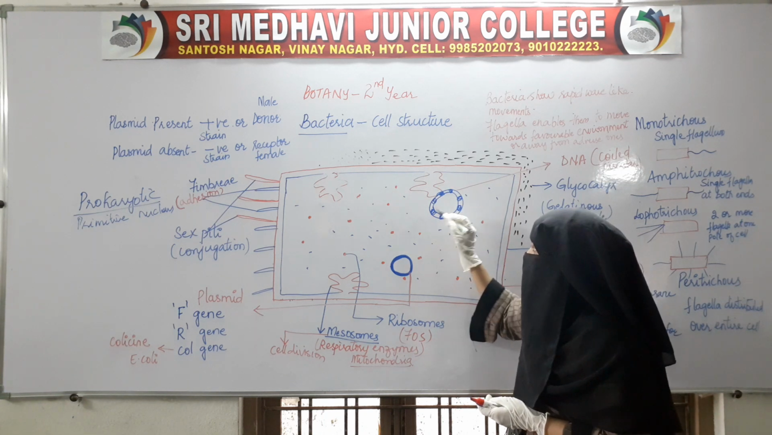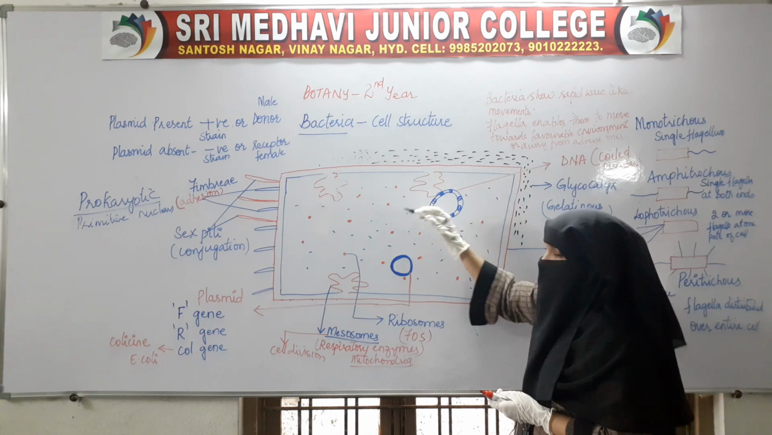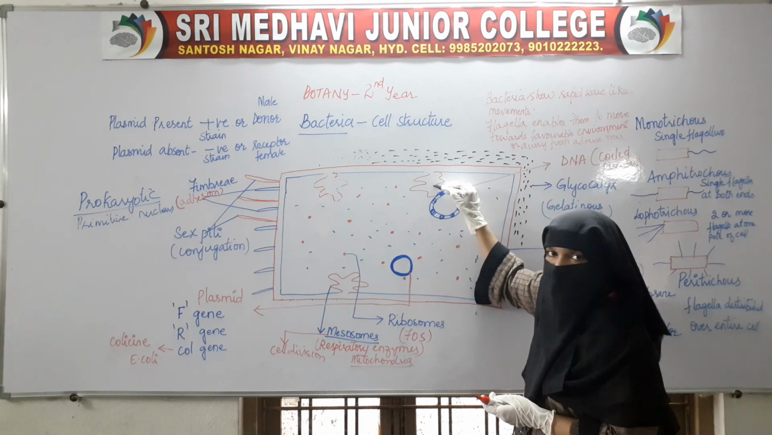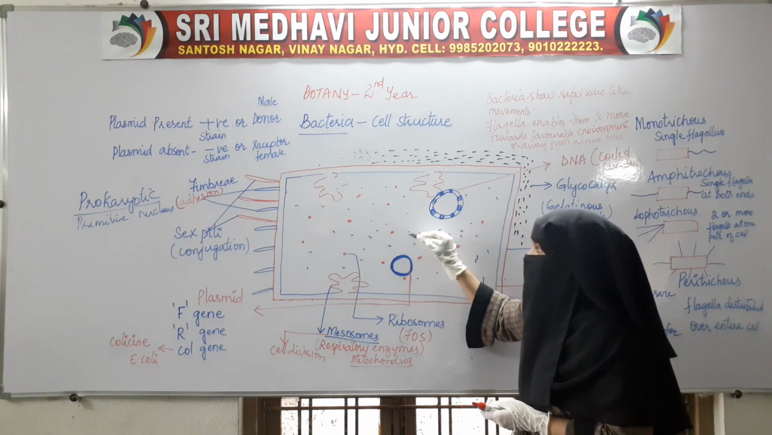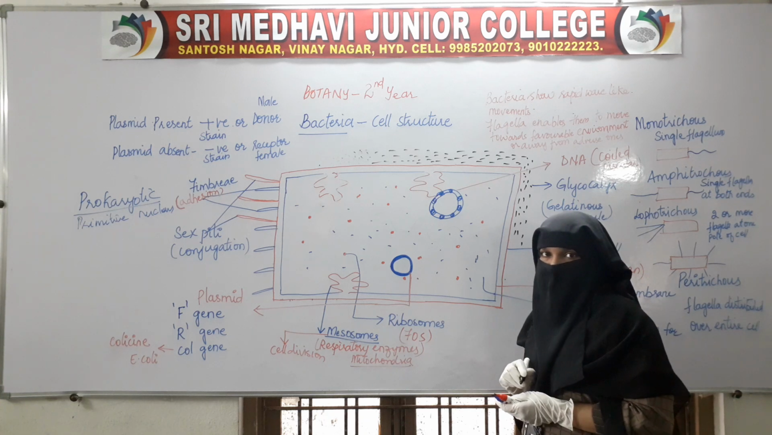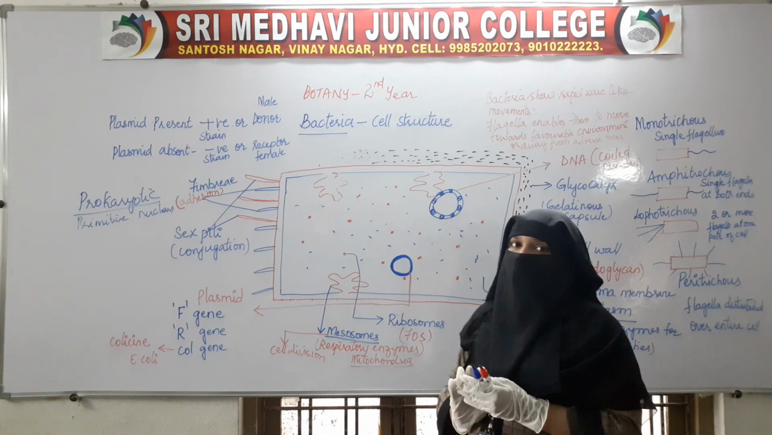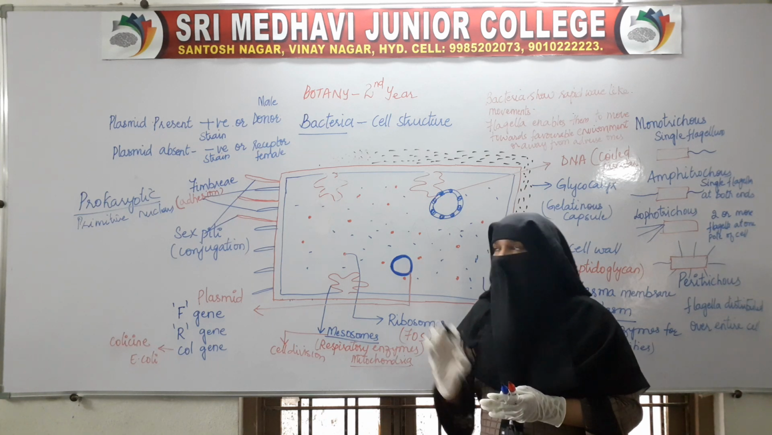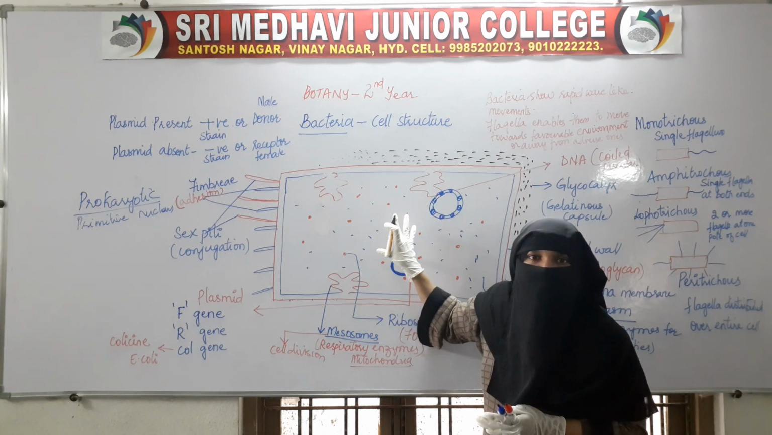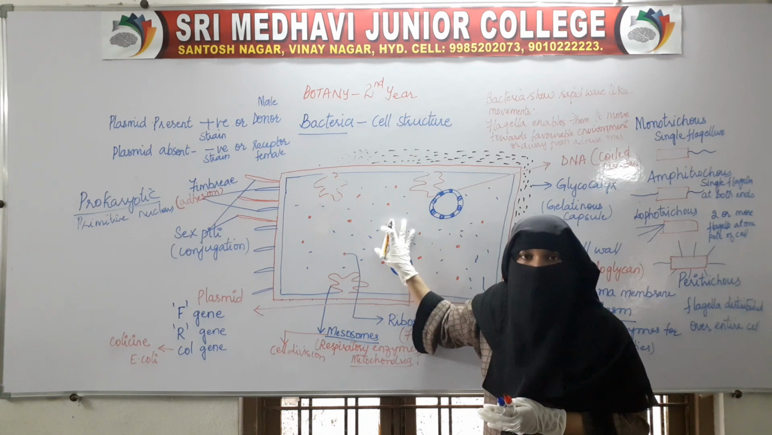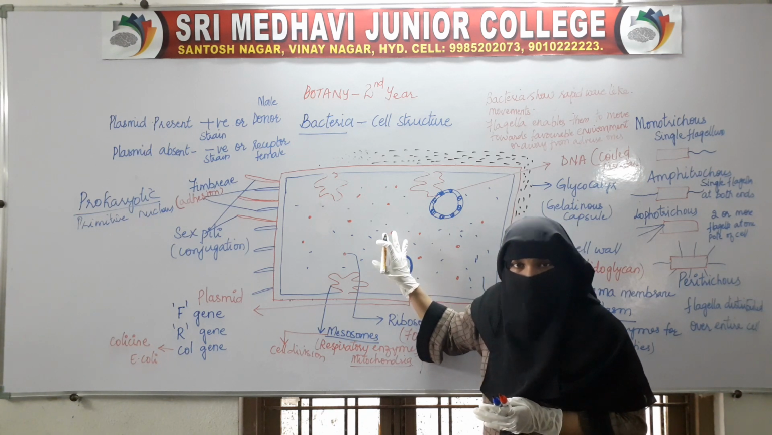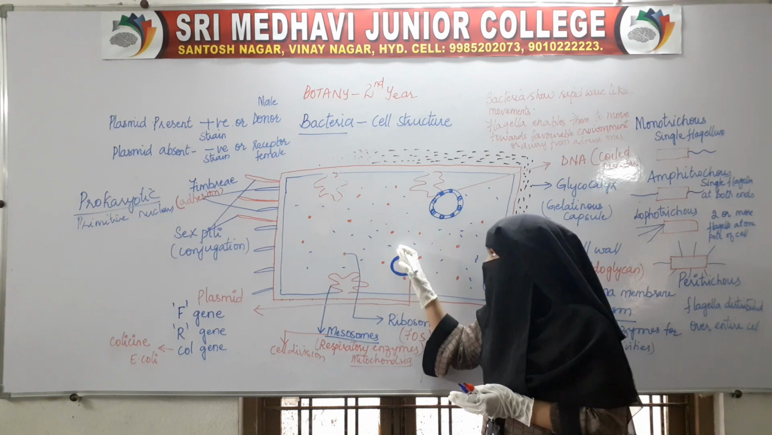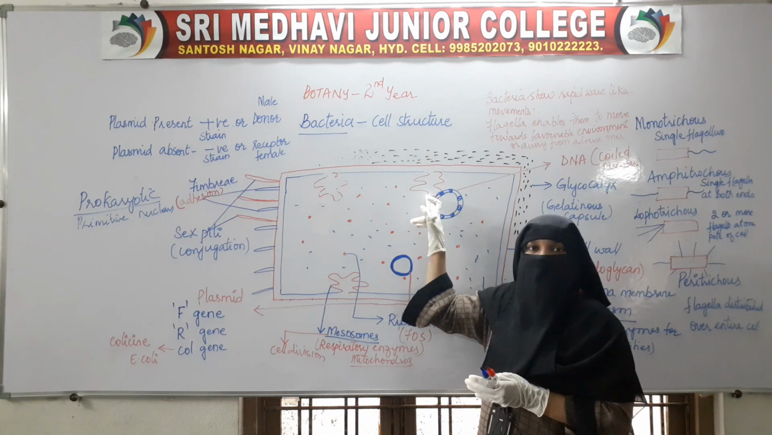The circular DNA or the coiled DNA can also be attached to the mesosomes, and it can also be present in the center. When the cell is not undergoing the process of cell division, the nuclear material will be present in the center, and at the time of cell division, the nuclear material moves and attaches itself to the